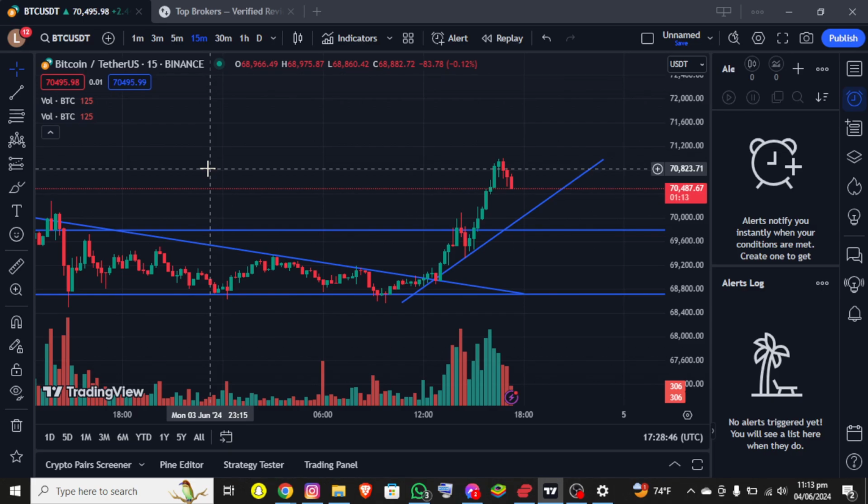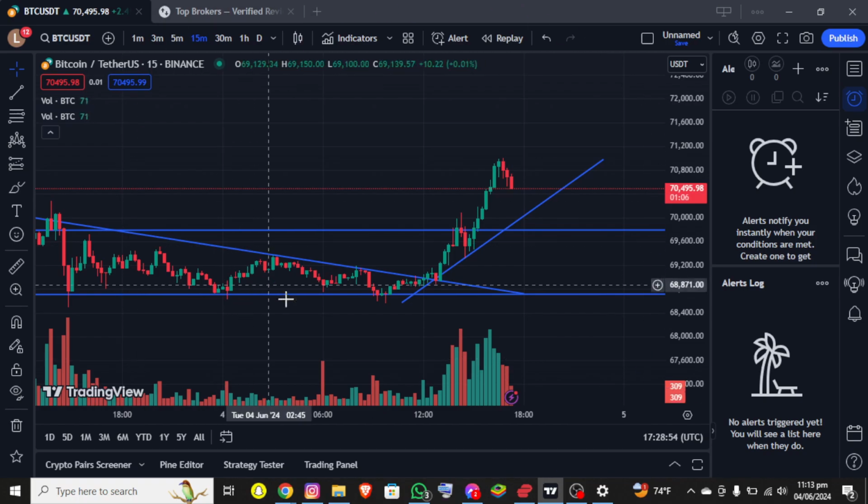First things first, I assume that you already have an account on TradingView and are already logged in. Right after that, you'll be able to see the interface on the screen, where you can see the chart of the BTC USDT, and right above this chart you can see the BTC USDT symbol at the top left corner